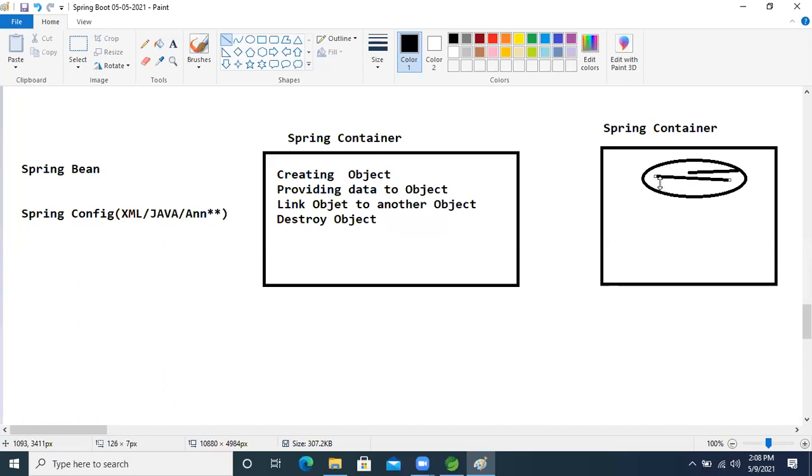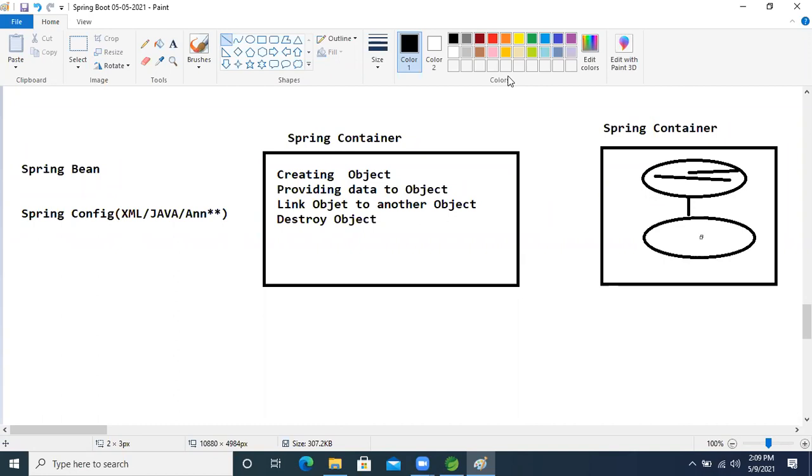After providing data, if this object is connected to another object, meaning this bean depends on another bean, the dependent class depends on another dependency, then it will connect to that dependency. This is the linking of one object to another object.